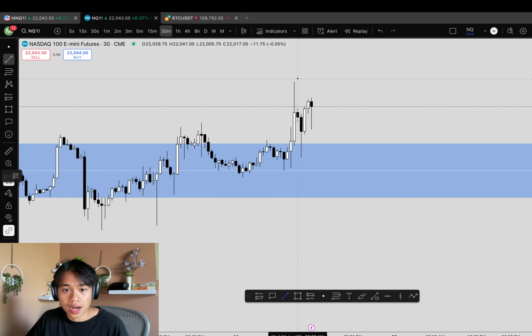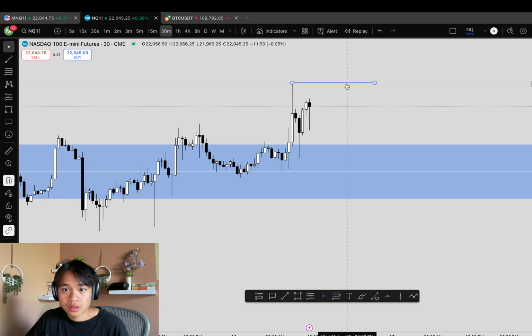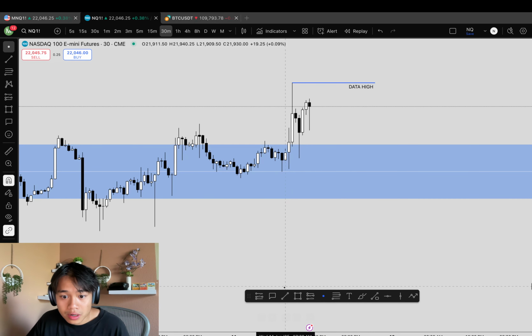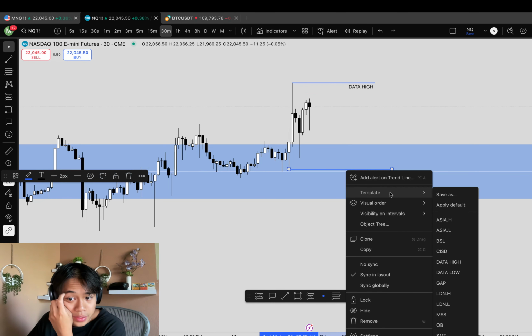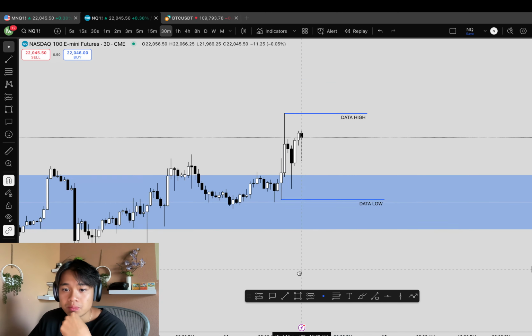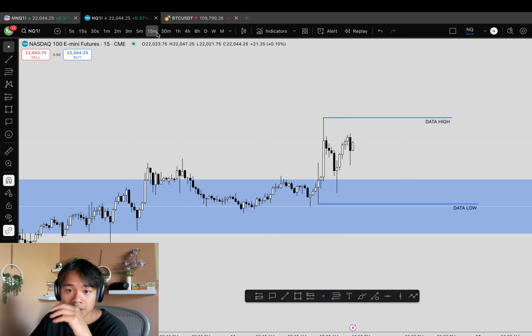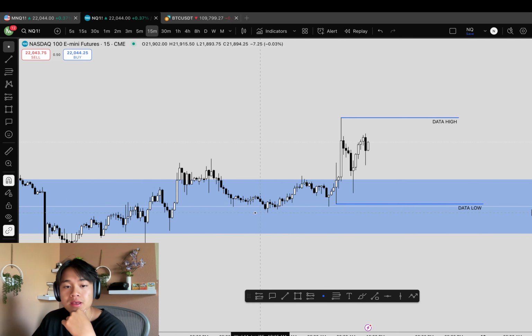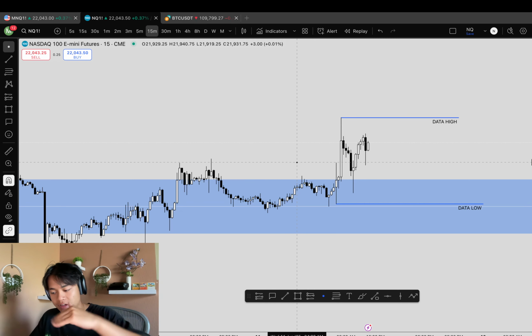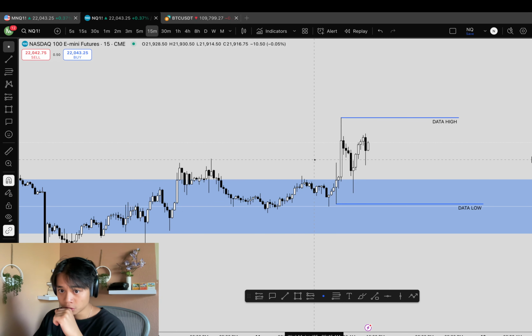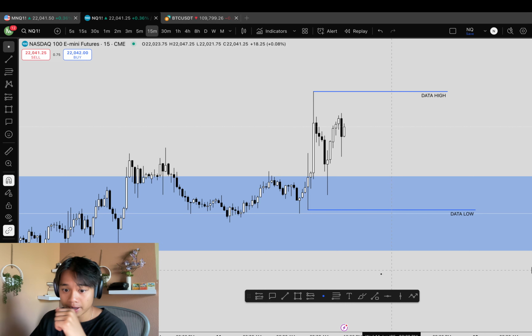We had this data high here, and then we had this another data low here, from I forgot what it was, some Trump tweet, but we had two opposing liquidity pools, and typically, if that's the case, price action can suck a bit, right? Because price can be kind of confused as to which one it wants to go to, so I had that in the back of my head.